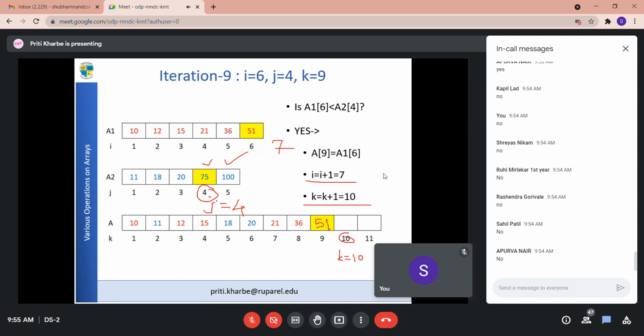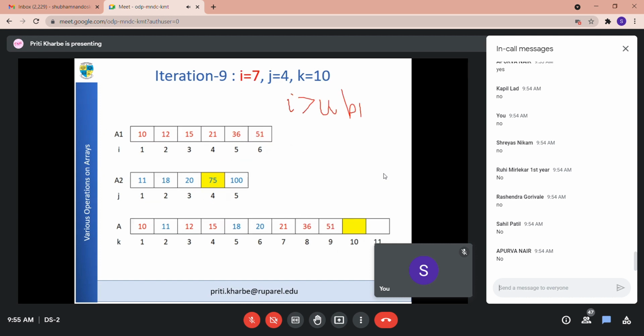So मुझे क्या करना है, सिर्फ j को 4 से लेके end of the second array, that means 5 तक copy paste करना है third array में. Followed. So simply A of k is equal to A of j जब तक आप second array के end में नहीं पहुंचते. We don't need any comparisons because already the array is in sorted order. So simply I will copy 75 at 10th place and 100 at the 11th place. Followed. So that is what is done in the second part of this algorithm.